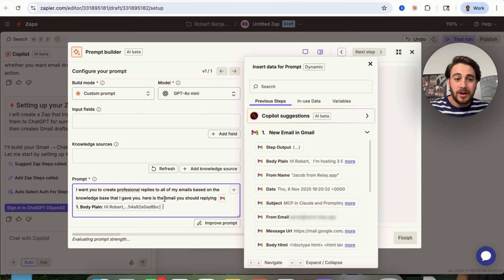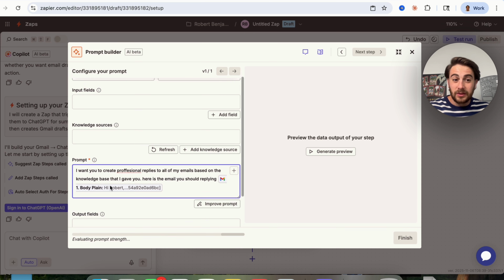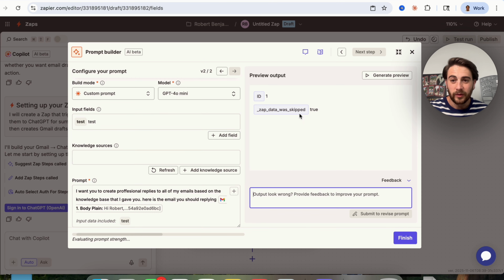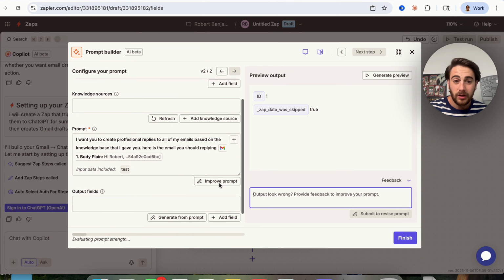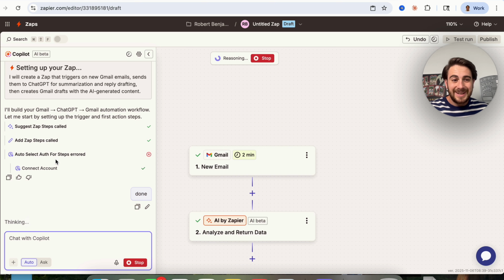So I'm going to put this right here. And basically what this ends up doing is this is now using Zapier AI with this ChatGPT model. It's feeding this prompt and giving it that information on Gmail. Now, if we wanted to, we could come over here and generate a preview, or as we could see over here, we could use AI to improve the prompt if you don't feel that confident in the prompts that you're building. And then you just come back over here, we're going to say done, and then this